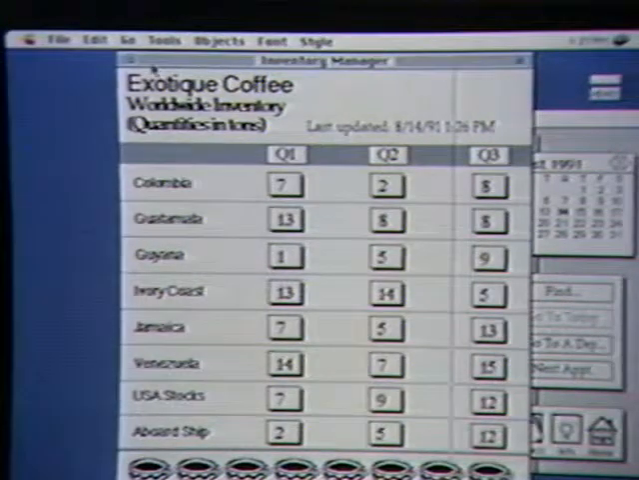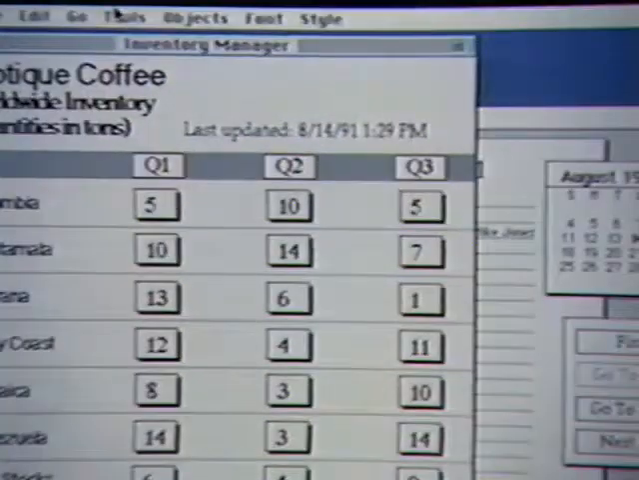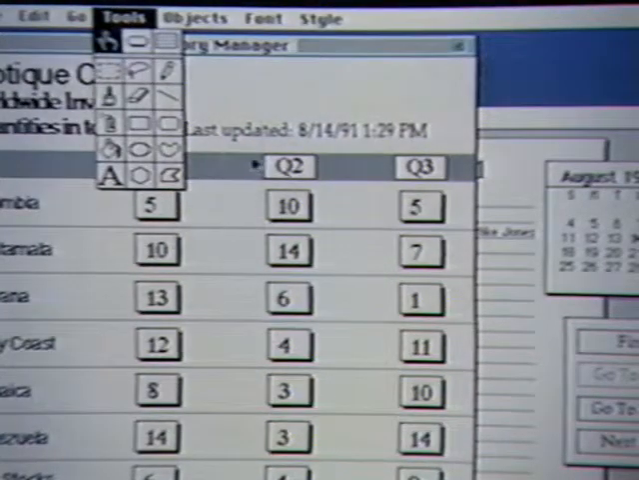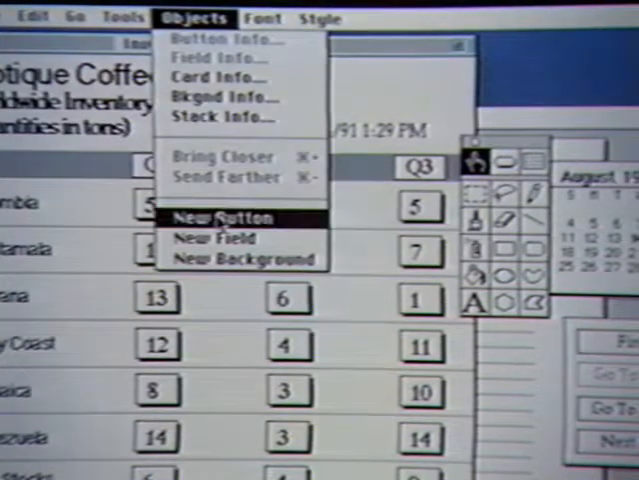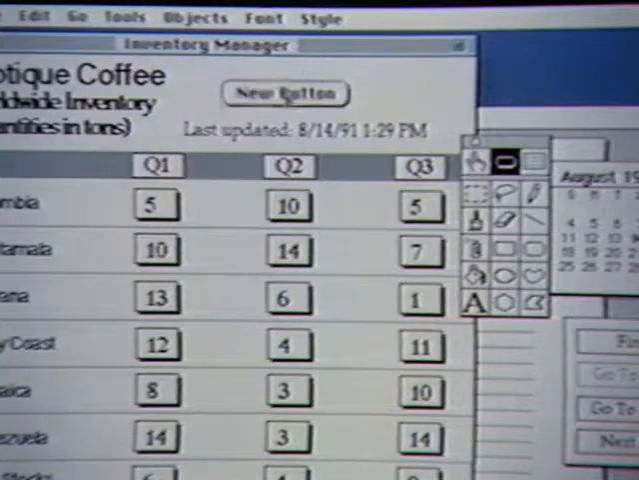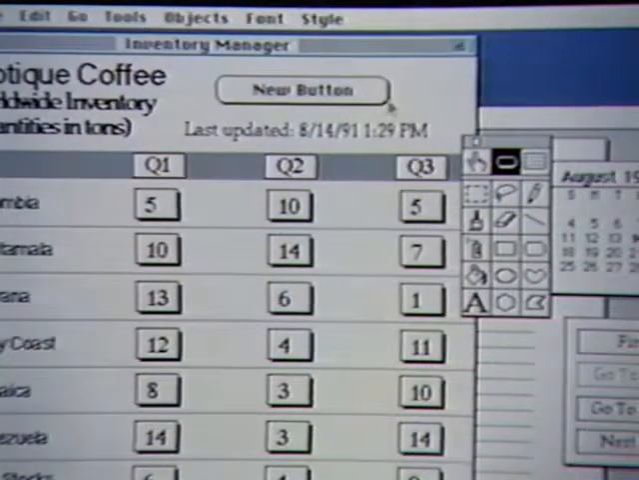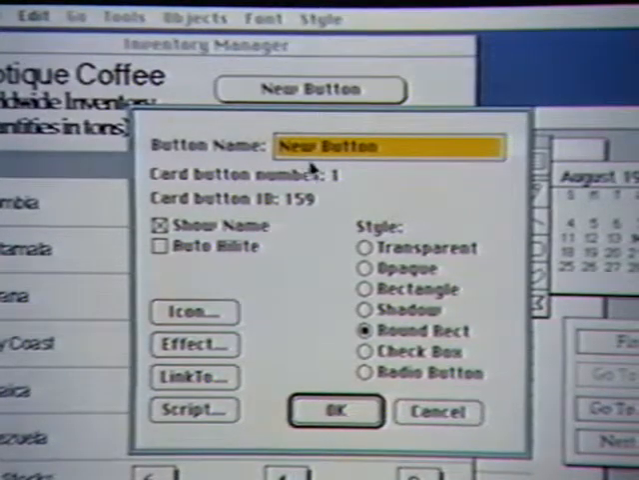Let's add a query function to this inventory reporting application. The tool palette lets us switch from running the application to using any of the development tools. We'll build our query function into a button, but we could make it a pull-down menu or create a keyboard function just as easily. Here are the characteristics of this object. We'll give it a name,